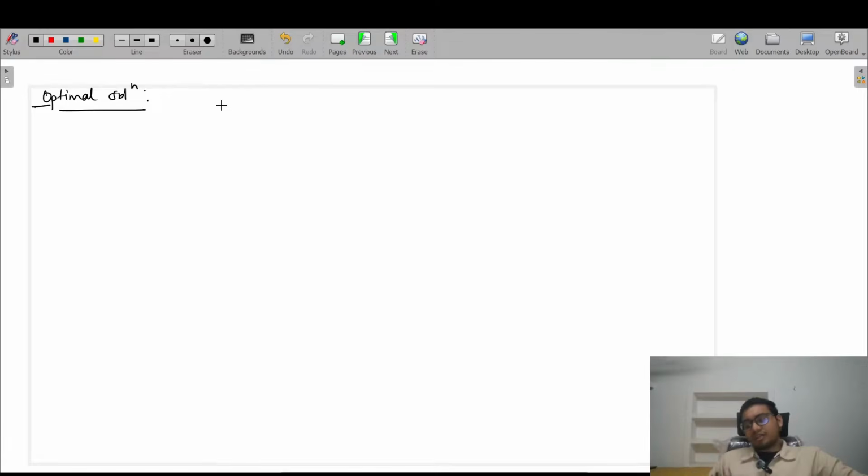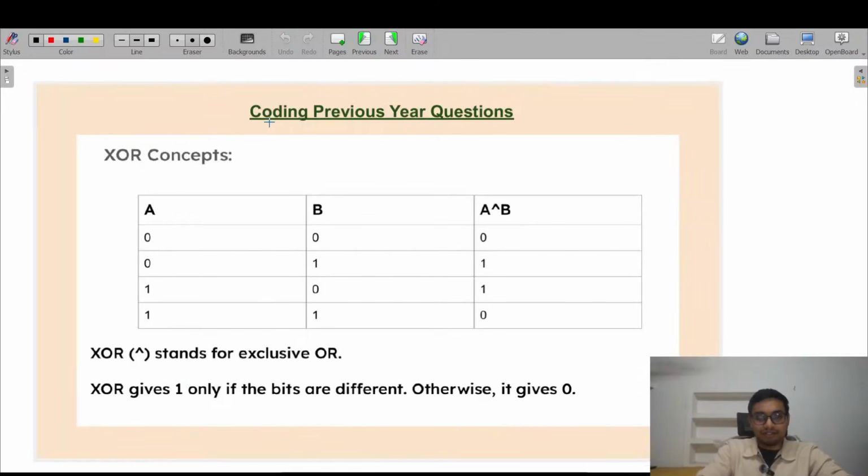One question is, how are you able to think that the XOR operation solution is the optimal one? Have you memorized the solution, that's why you are saying the XOR operation will be the optimal solution? So let me tell you, for your understanding, I have attached one slide. If you see